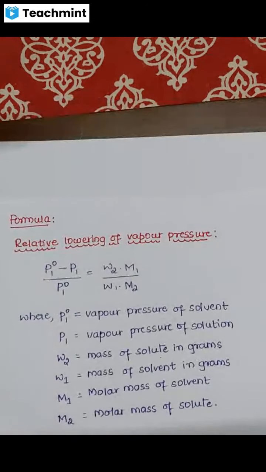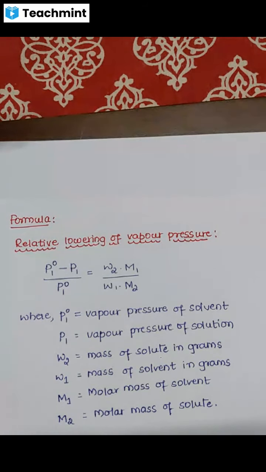So as I had said, we will be discussing the extra problems. I have solved one or two problems regarding this in the class, and I had said I'll be solving extra problems on Teachmeet. So we'll discuss about it. We have studied four colligative properties. Out of that, the first colligative property we will discuss is relative lowering of vapor pressure.